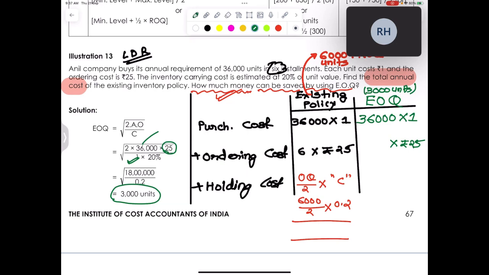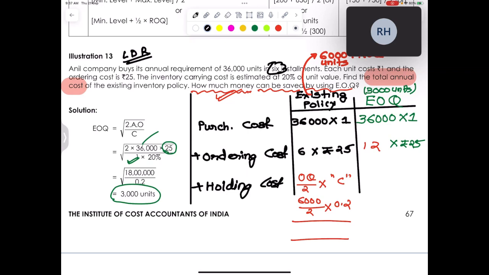I have decided that I will purchase 3,000 units at a time. So how many orders are required to be placed in a year? It's very simple. 36,000 total quantity divided by order quantity of 3,000. So 12 orders are required to be placed so that the annual requirement of raw material can be